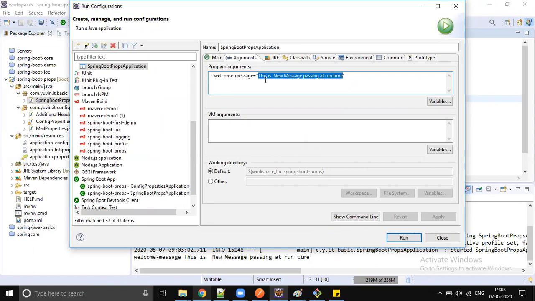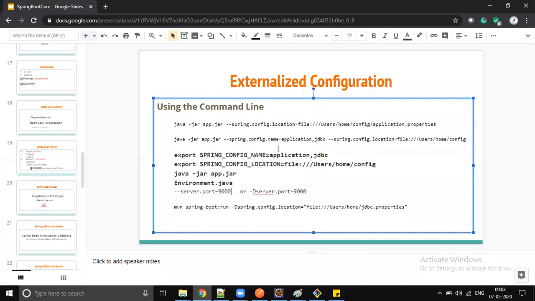Right? So not only our custom messages, there are a few predefined properties like port change. We will use this in the microservices. So if you want to change the port number dynamically, then we do use server.port. Okay, and we can also pass the properties file when running through Maven, but we don't run through Maven in real time. So this is one of the options we can run, but we don't try this in a real-time application.